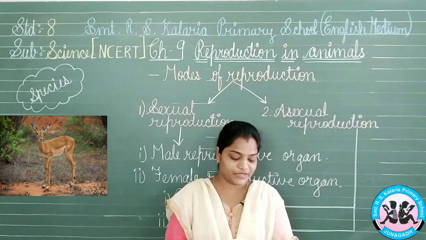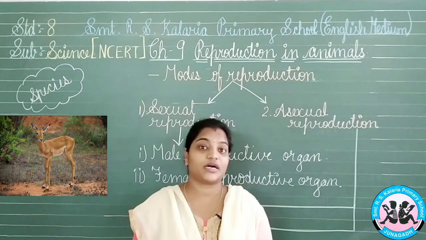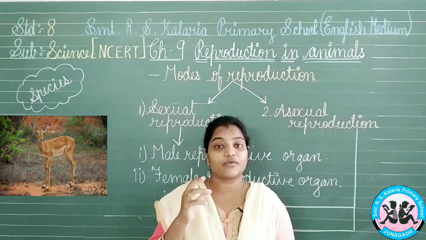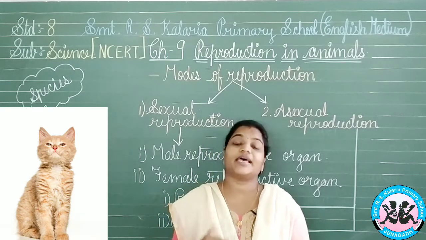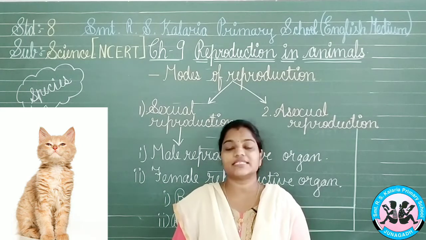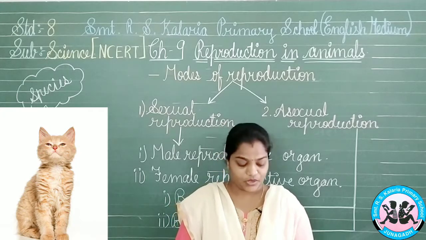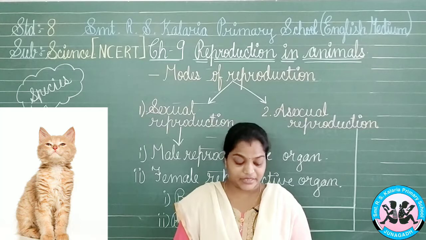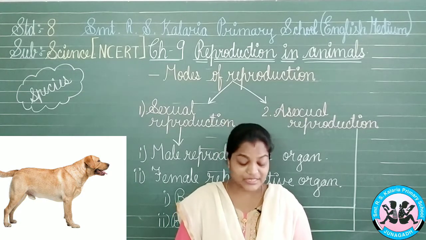Okay. So, the first question that comes here is the human. What does the human give, an egg or a young one? We will write the young one, and also the name that is given to these young ones. Here we have the answer for the human as baby. That is true. The next one is the cat. What does the cat give? Yes, it gives the kitten. What does the dog give? It gives a puppy. Then the butterfly. What does the butterfly give? It is the caterpillar.